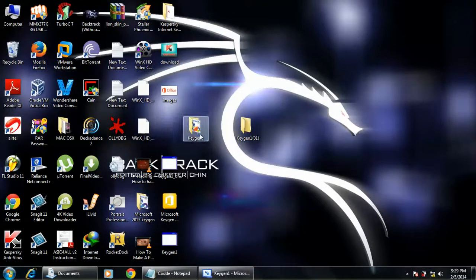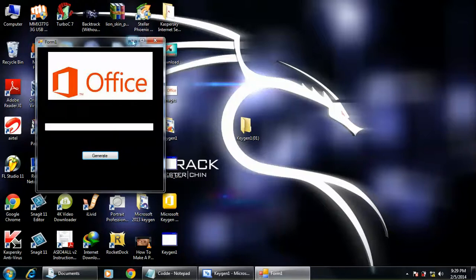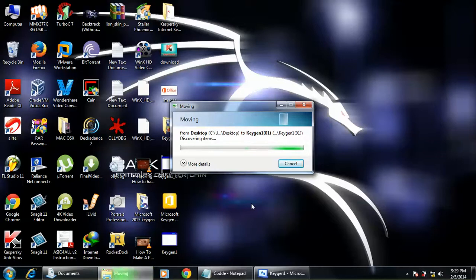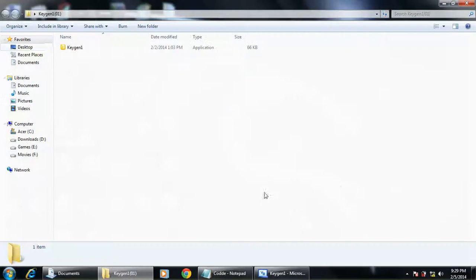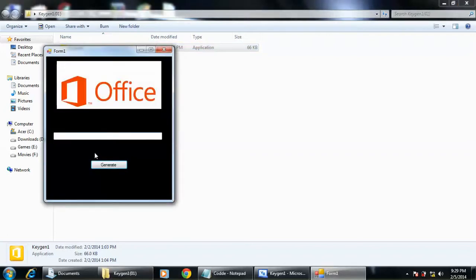Oh, it doesn't work. Just copy this into your keygen folder. Let's open this. Open this folder and you'll get something like this with your own icon. Just open this. So here is your keygen.